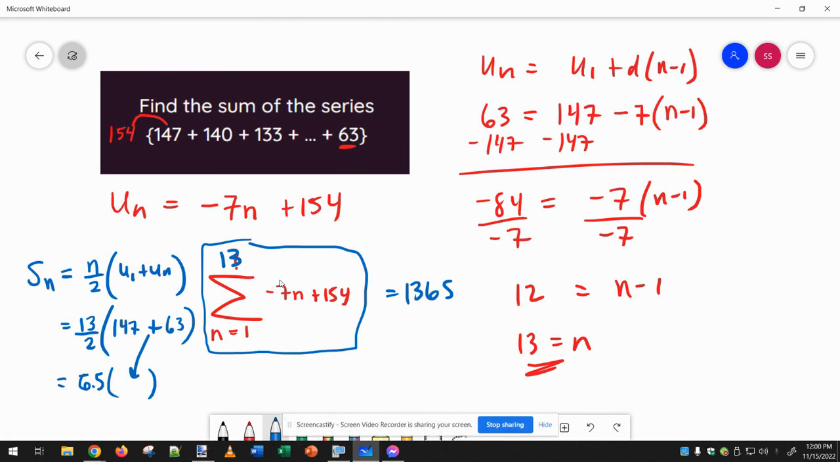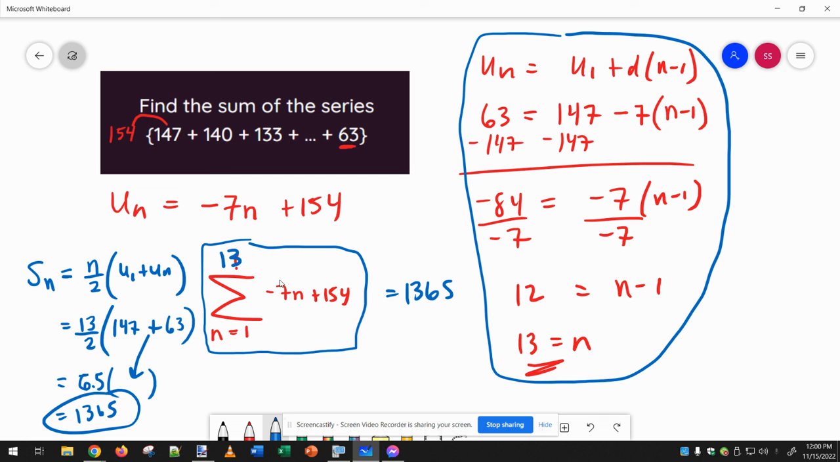So either way you want to do it, it is a bit of work. You're not really going to avoid this part. You have to be able to figure out how many terms there are in order to solve